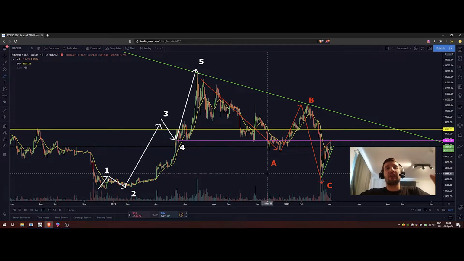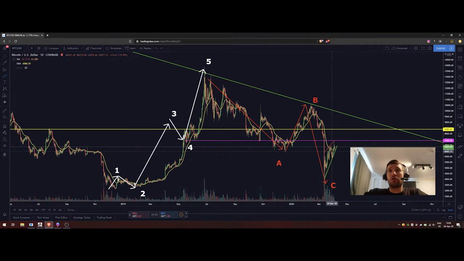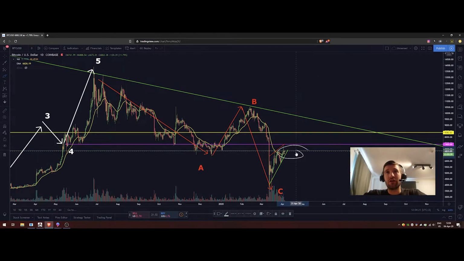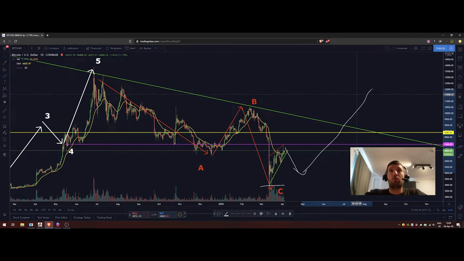Now the next thing that needs to play out, if this is the correct cycle, is a second correction over here as we had over here, not exceeding the previous low. If we do not exceed the previous low on this correction, there is a big probability that we're going to push on the downside. Maybe we could reach $7,400 and then push on the downside, but we cannot exceed this low of $3,800 in order to see the next step, which is wave 3,